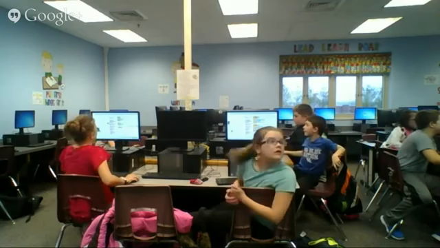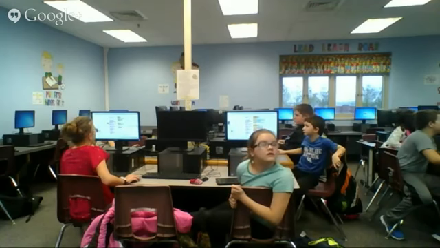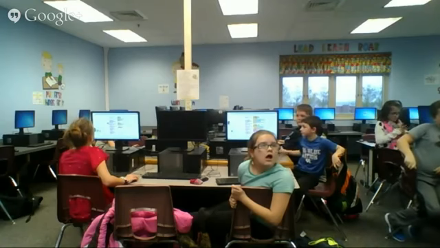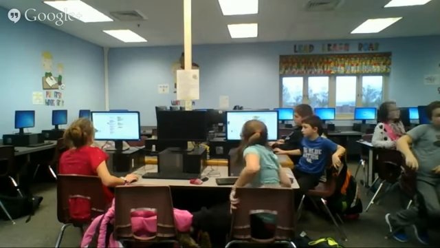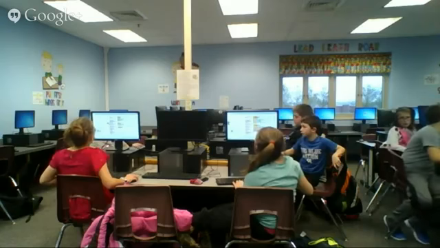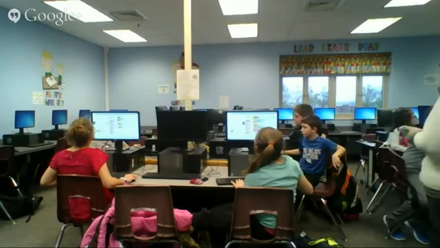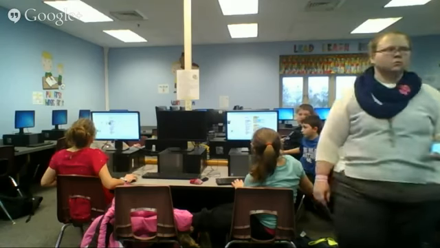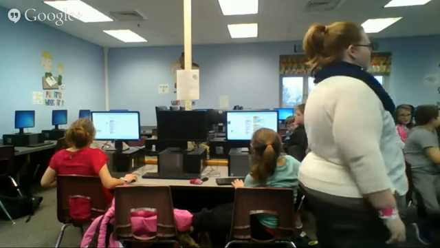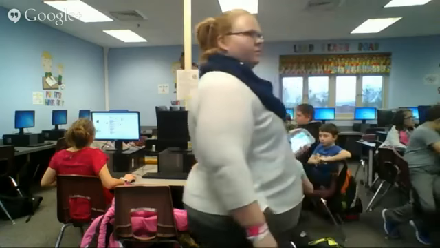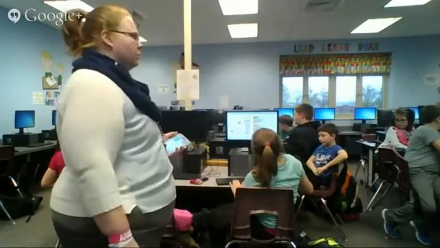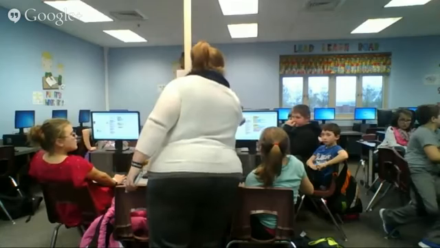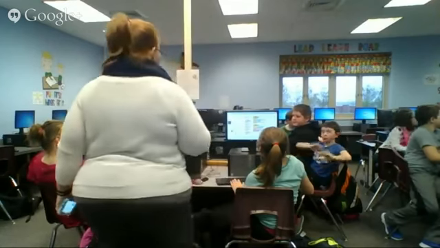They're having to click the green flag when their first sprite is on their second sprite. Should they do that? All right, so just click the stop sign then. Click the stop sign, and drag your first sprite to the left-hand side of the screen to where he was originally. So does everybody have that? No, you need to press the stop sign. Press the stop sign. There you go.